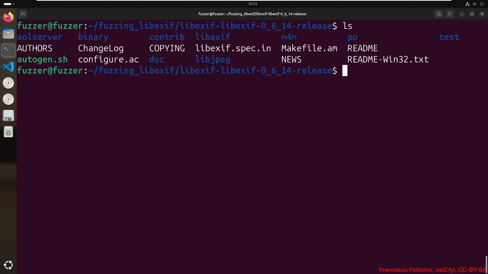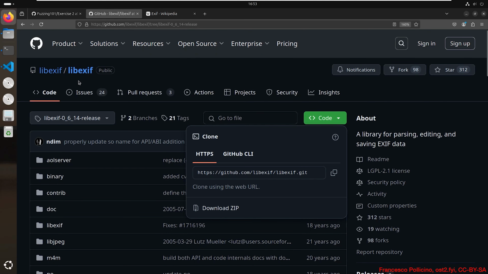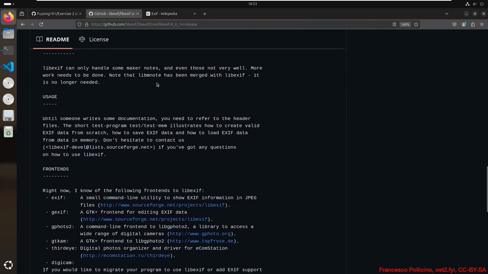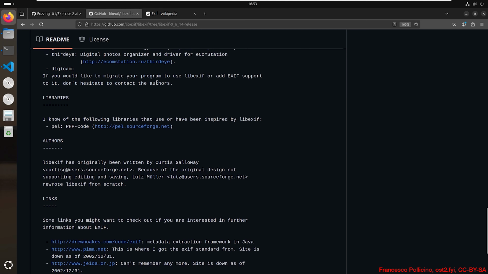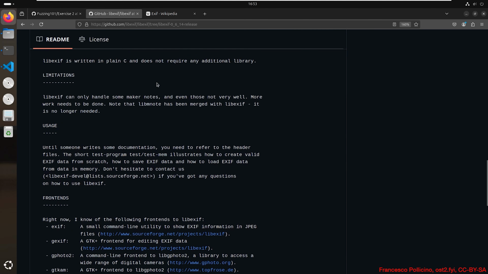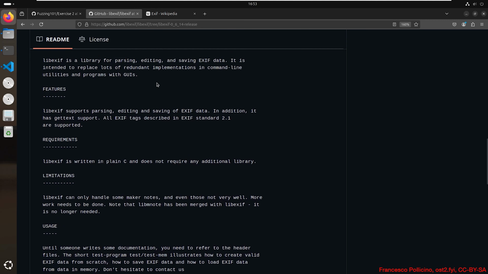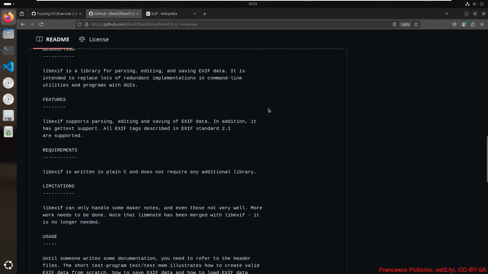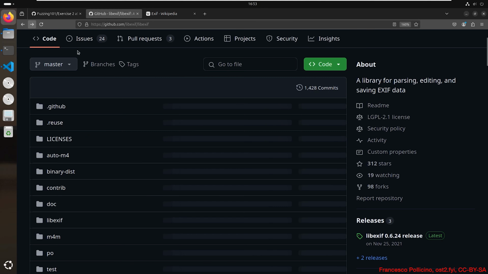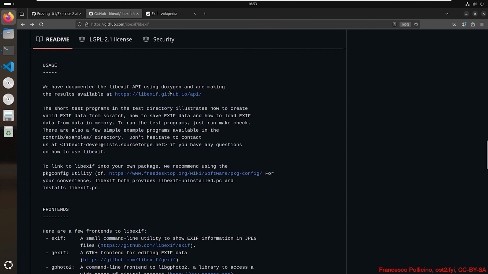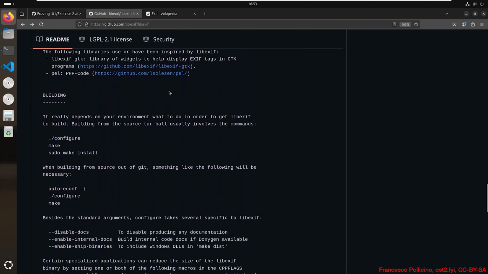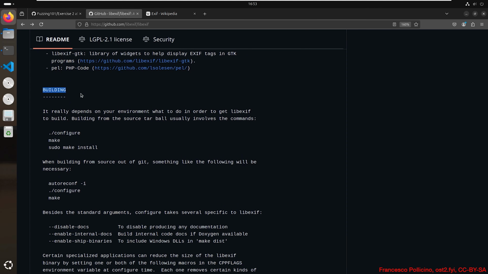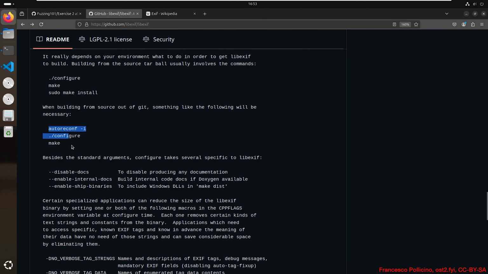Now we have to understand how to build and install it. So we go back to the libexif instructions in the documentation. There is the building section, and that tells us what we have to do.